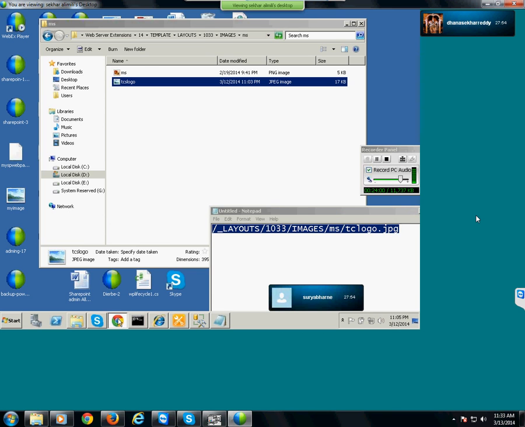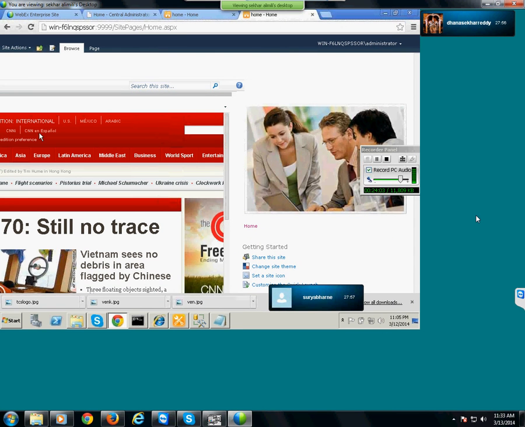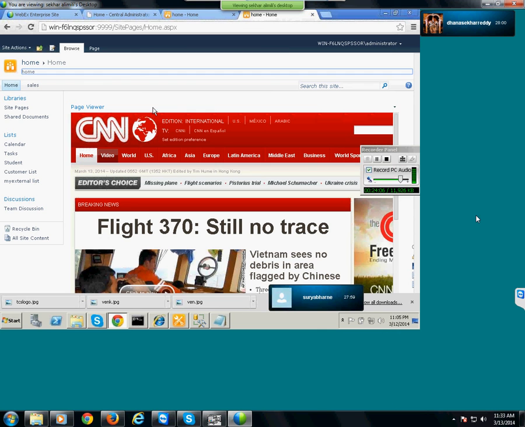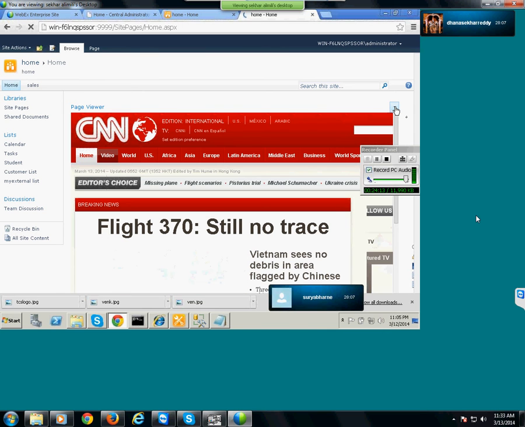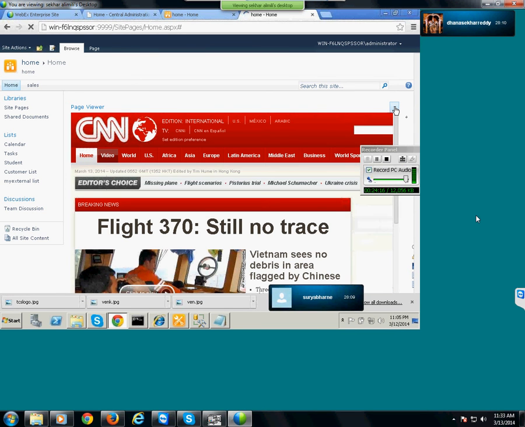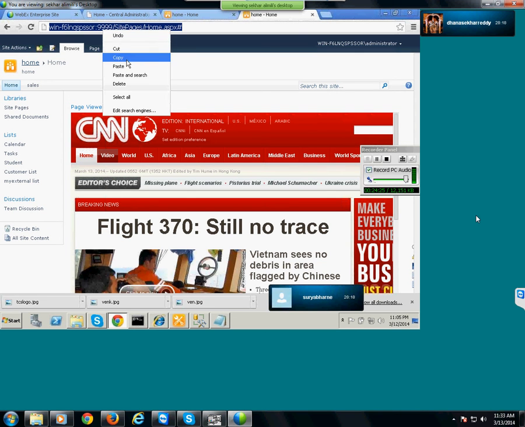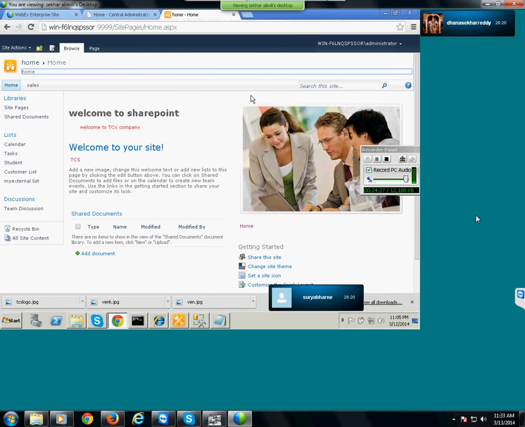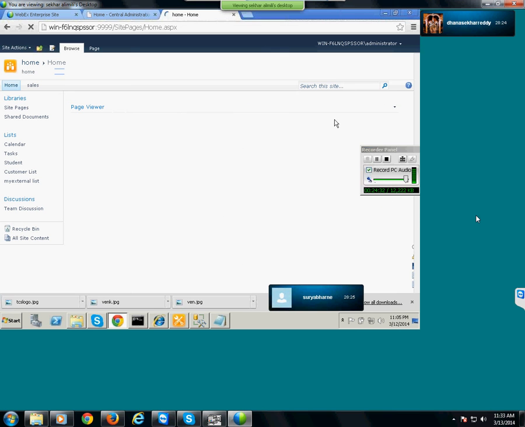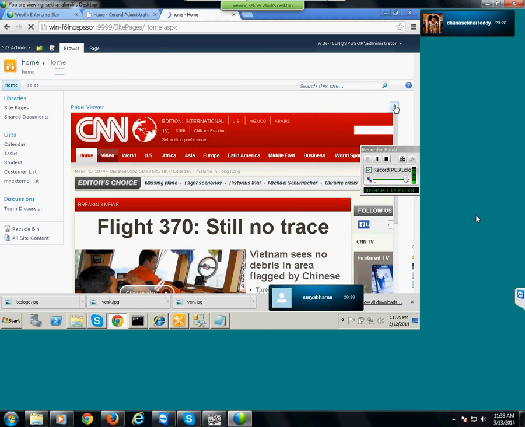Now go to the SharePoint application. I'm going to delete the existing image. How can you delete it? Click on the smart tag. First we need to edit the page.